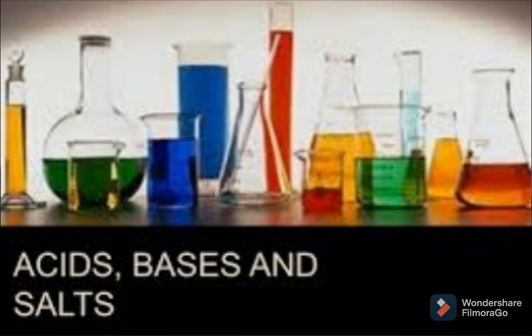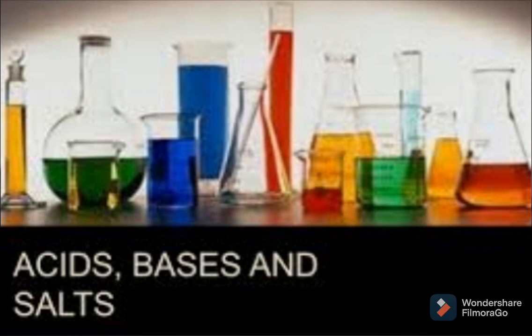In my previous video lecture we have studied some properties of acids and some properties of bases. Also we have studied what an indicator is and what the types of indicators are. There are two types of indicators, natural indicator and synthetic indicator. What is meant by natural indicator? The indicators which we get from nature are called natural indicators, and the indicators which we synthesize in the laboratory are called artificial indicators or synthetic indicators or man-made indicators. These are the three names for synthetic indicators.